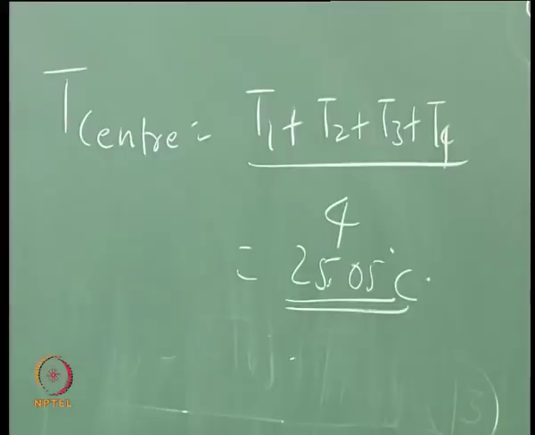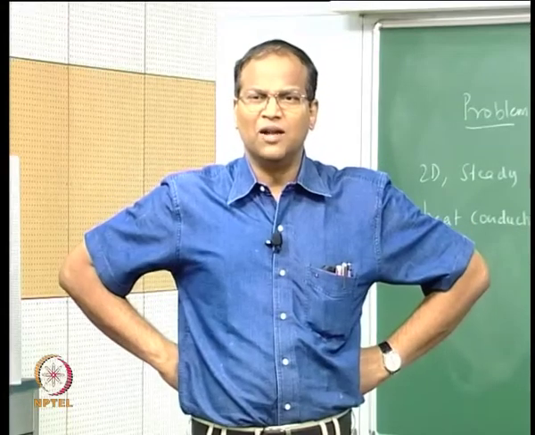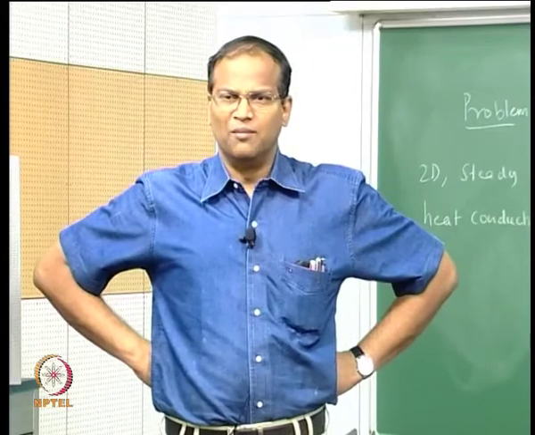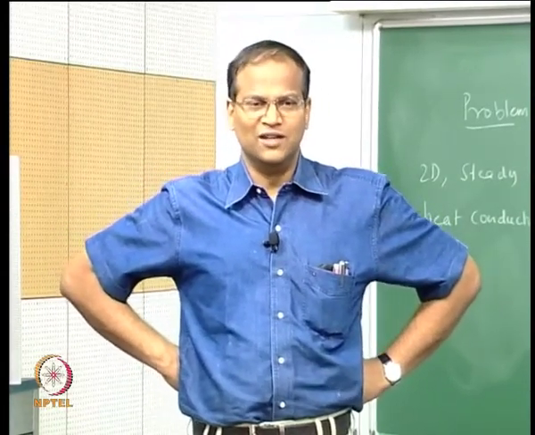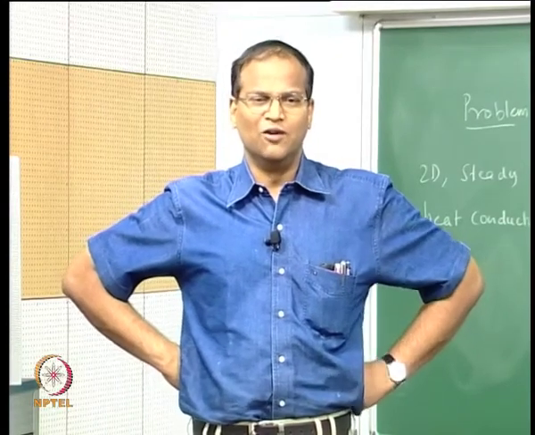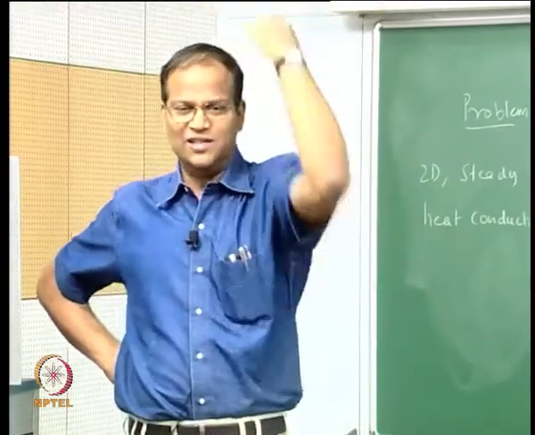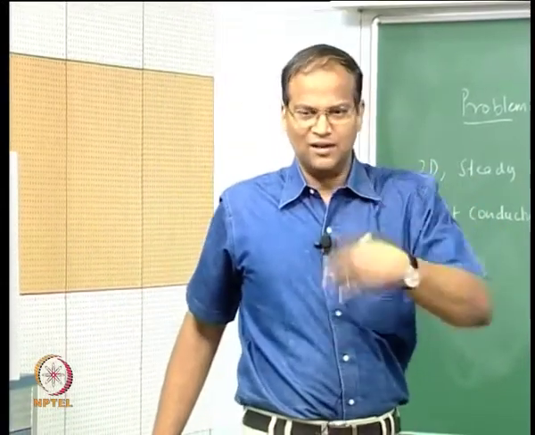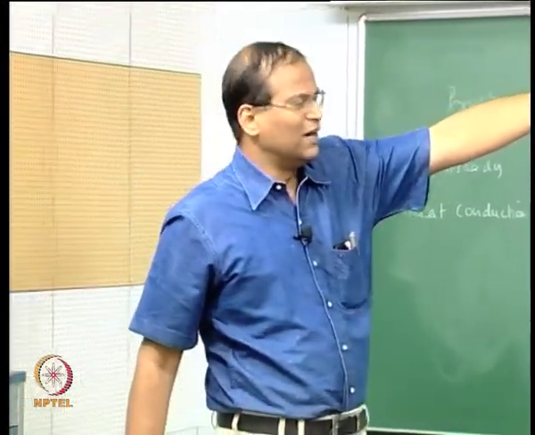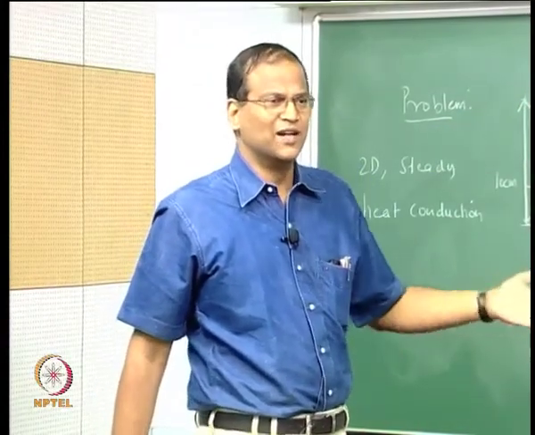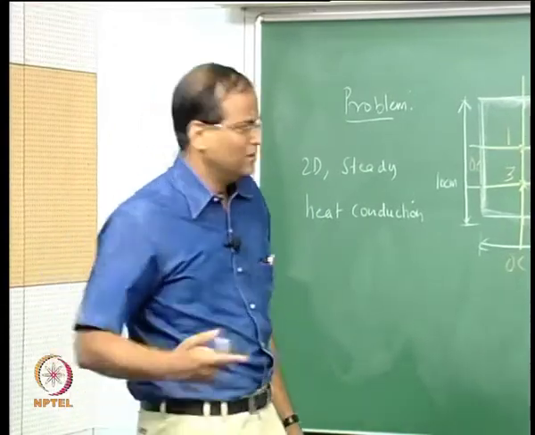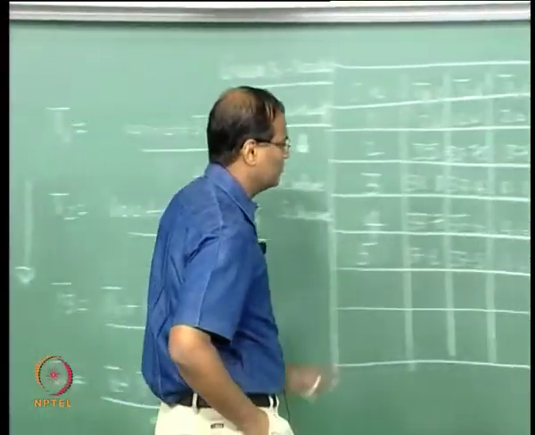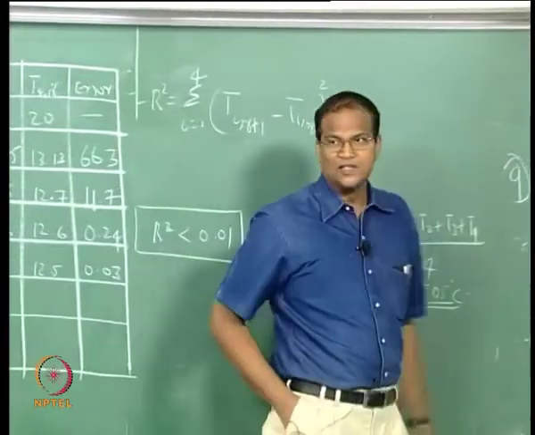Okay, so for 4 by 4 you can do with hand calculation. If you are making it 10 by 10, 20 by 20, 30 by 30, then you have to write a program. Gauss-Seidel is very easy to program. For i equal to 1 to 20, j equal to 1 to 20, for all ij, T of ij is some T initial, then keep updating and then evaluate the criterion. If r squared is less than this value, come out of the loop. If r squared is greater, go back. i equal to i plus 1, j equal to j plus 1, that is the iteration counter, you can set it. Okay. So this is how the Gauss-Seidel method works.